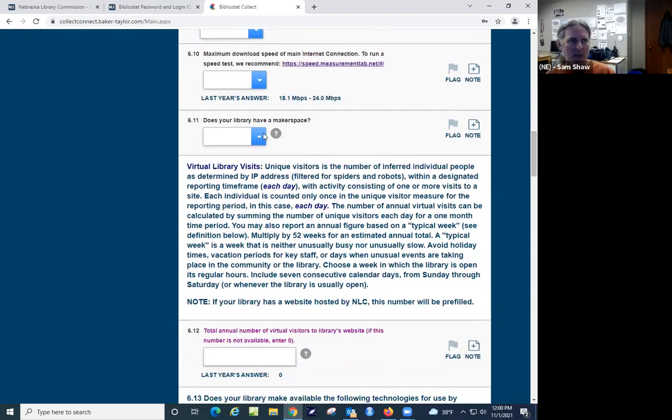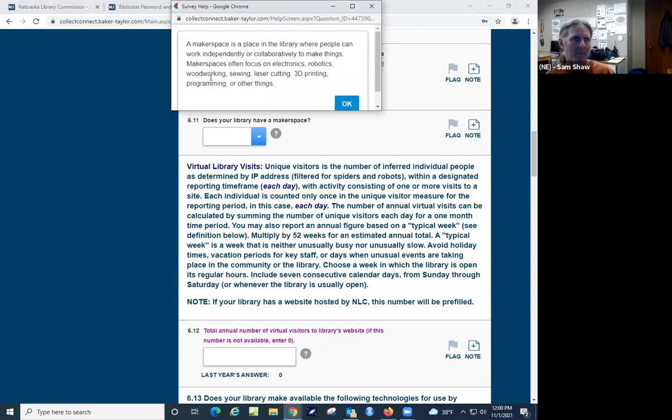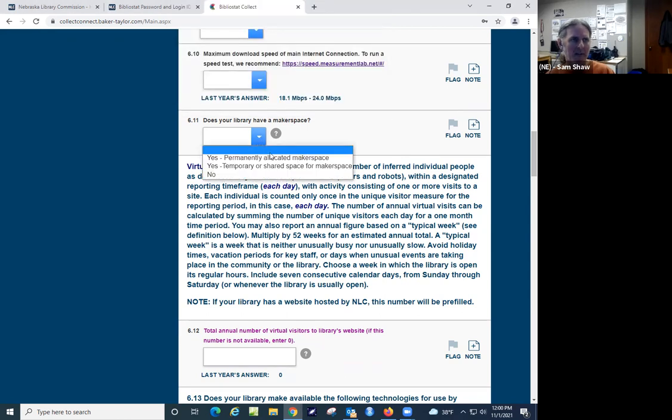And then, does your library have a makerspace? We have a kind of a definition here about what a makerspace is. It often focuses on these areas. You have a dedicated space. Yes, we have a permanently allocated makerspace. Yes, we have a temporary shared space. That would be like if you had a meeting room. Say you had makerspace items in the closet, but the meeting room functioned for other events, and the makerspace items were wheeled out once a week for programs or whatever. Then that would be like a temporary or shared space, or you don't have a space at all within the library. And these questions are the same as last year,